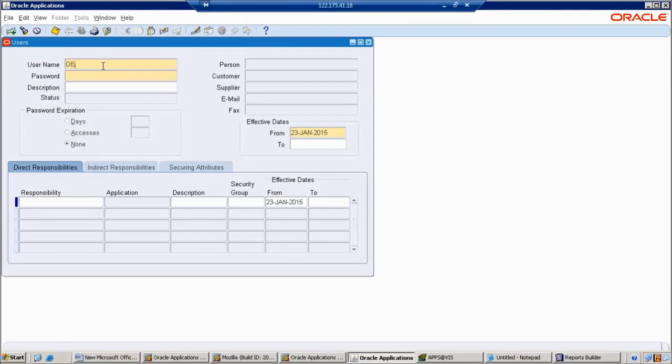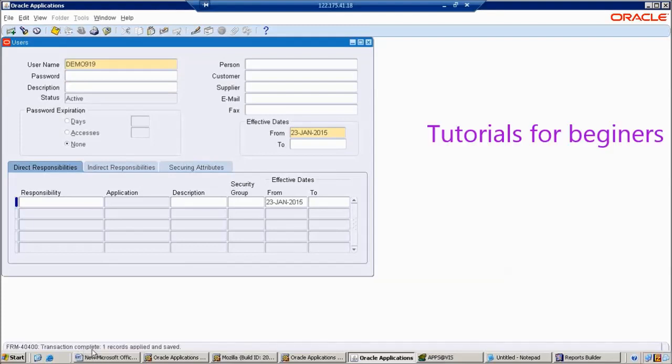Here now I want demo 919, and the password is 654321. Now save the record. Then transaction complete, one record applied and saved.